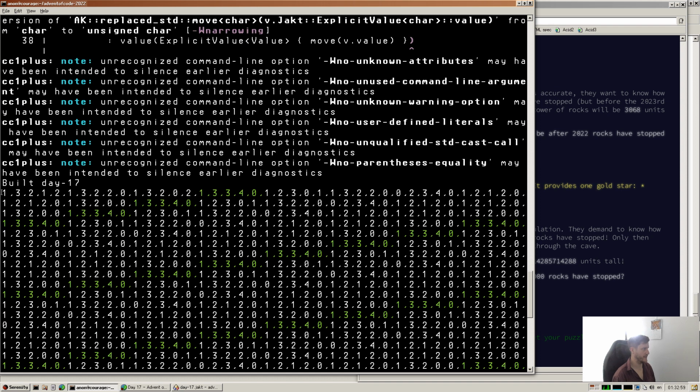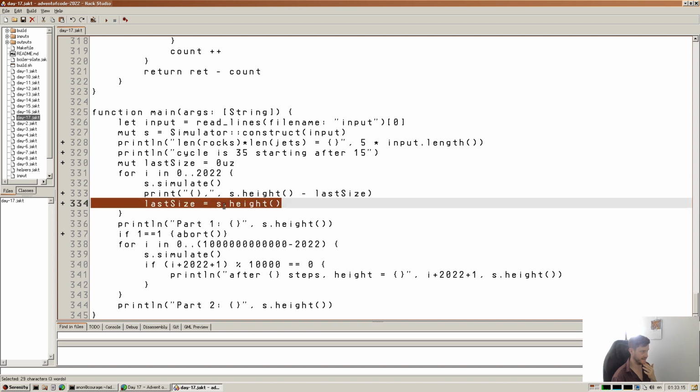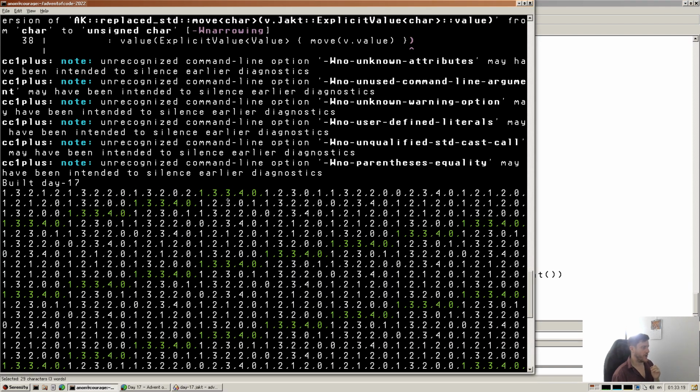So it starts here and it increases by 1, then it increases by 3, then 2, so on. And these are just spitting out the amount it increases by. And we do that by basically storing the last size, and every time we get a new height, we update that last size. So I want to expand on this because, as you can see from this grep,